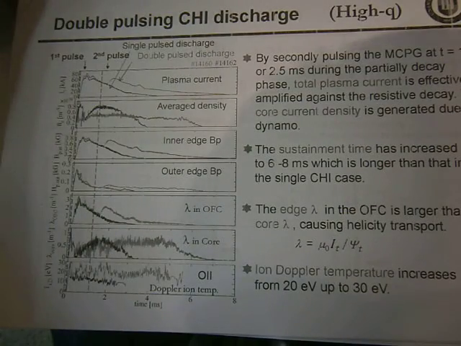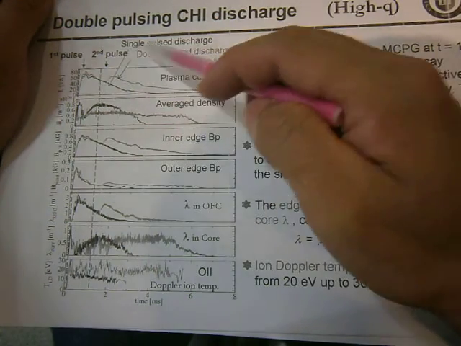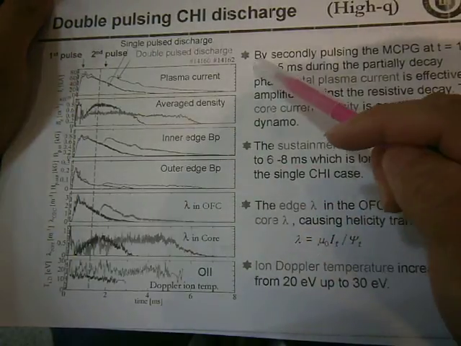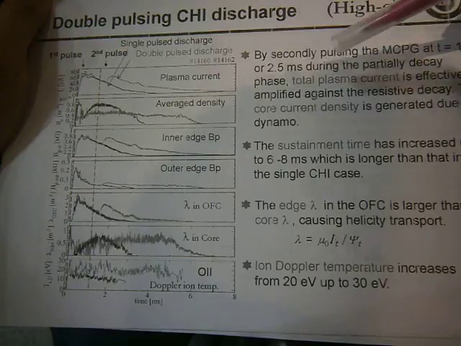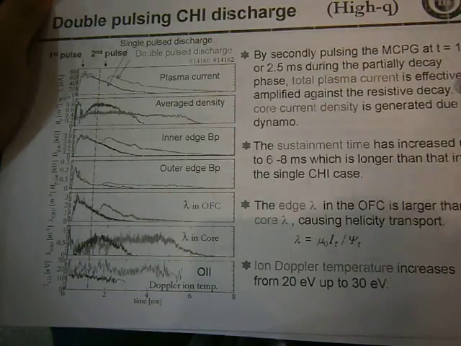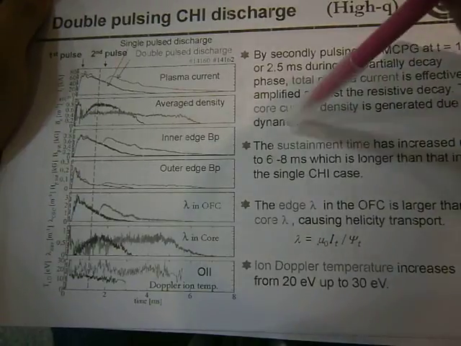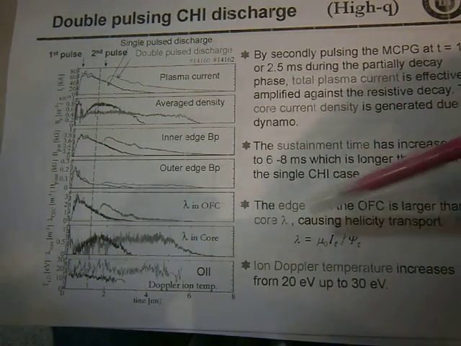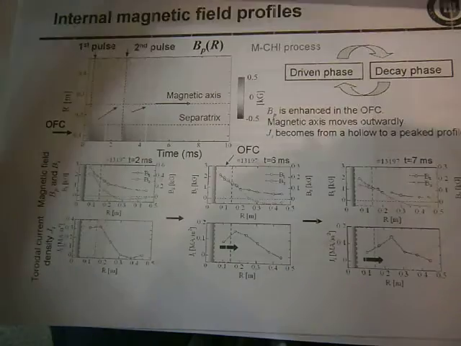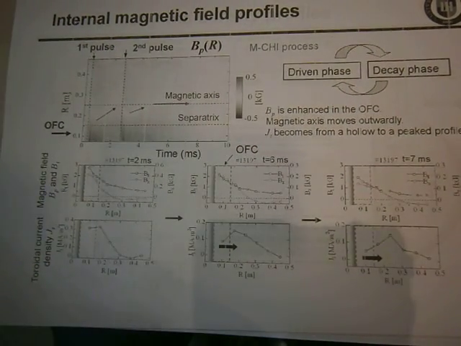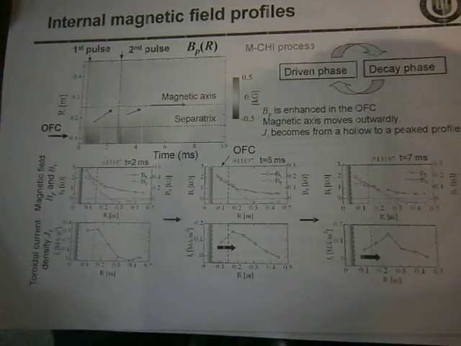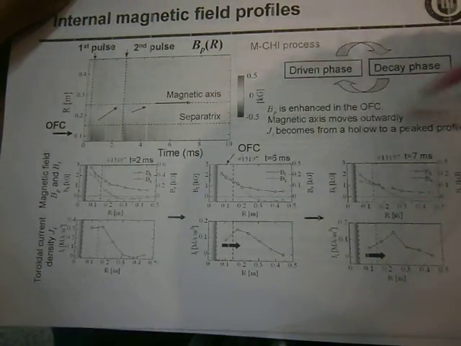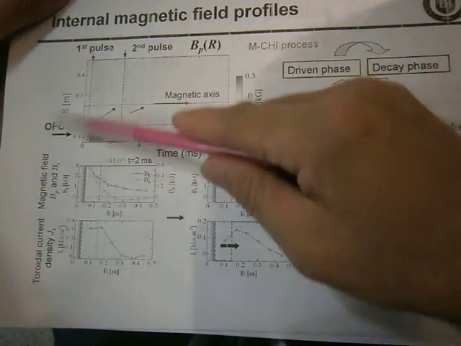Double pass CHI, single pass, plasma current at a large density, and after modulation, the plasma current can be efficiently sustained against decay. There are called current DC generated to the demo is sufficient to handle the equation, such as which longer term is a single CHI case, able for the rise and the cutting and transport. Internal magnetic field flow, internal magnetic pulse, internal delivery phase, internal whole magnetic mode data become follow the flow of the magnetic field, the radio coil